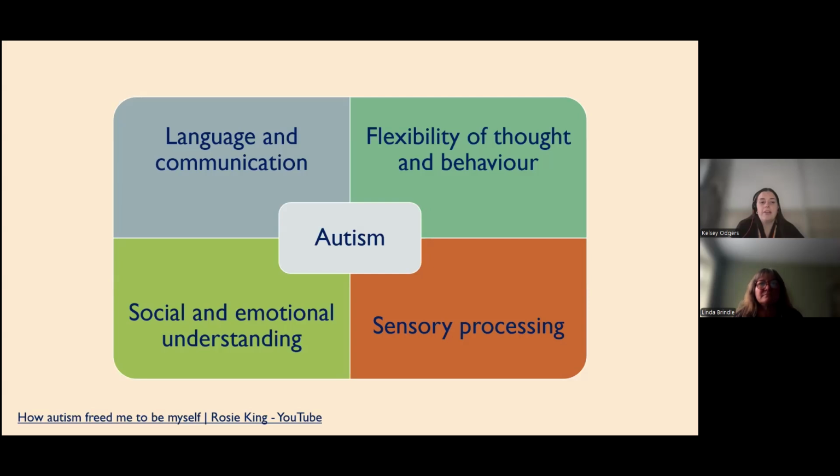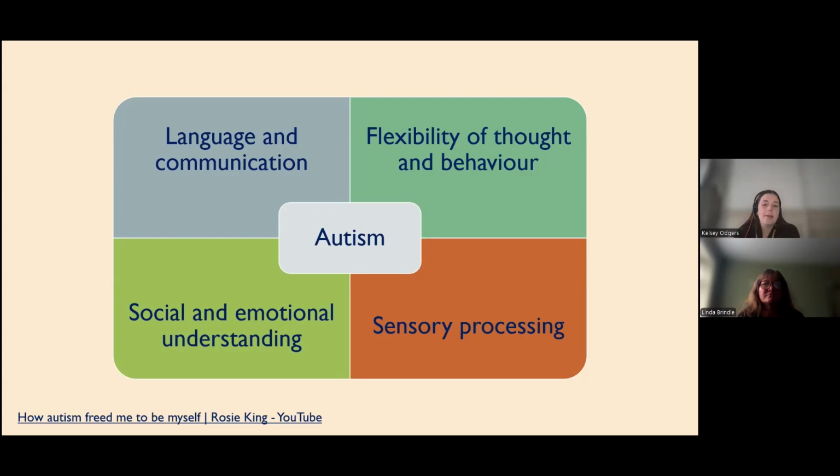So moving on to social and emotional understanding. This could include difficulties making and keeping friendships, difficulty understanding their own and other people's emotions, and understanding other people's subtle intentions might be really difficult, which can cause difficulties in those social communication areas. And also thinking about eye contact. For some young people with this diagnosis, that's unusual. So it could be no eye contact at all, or it could be prolonged.